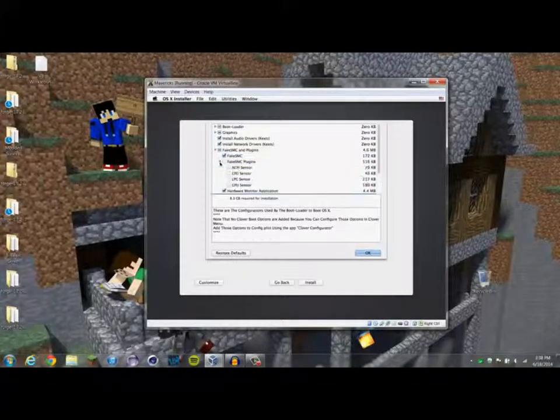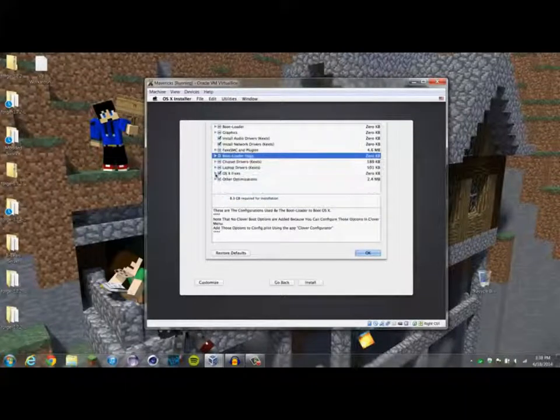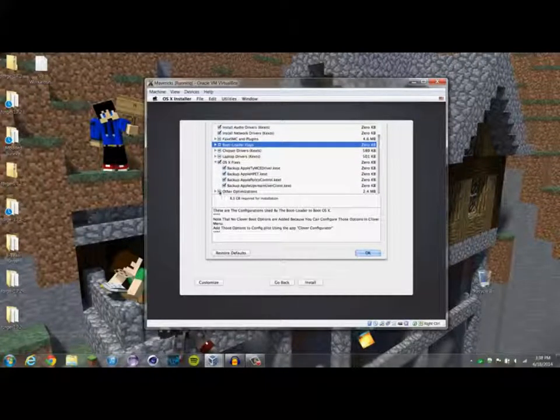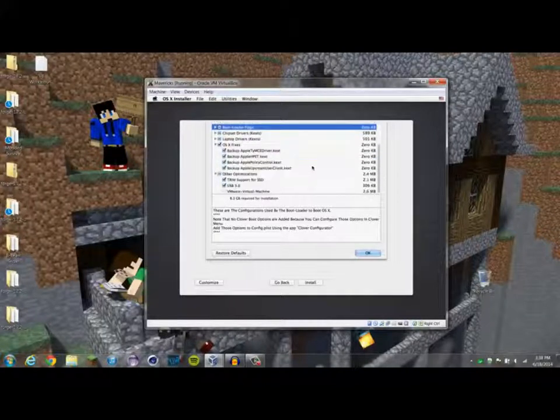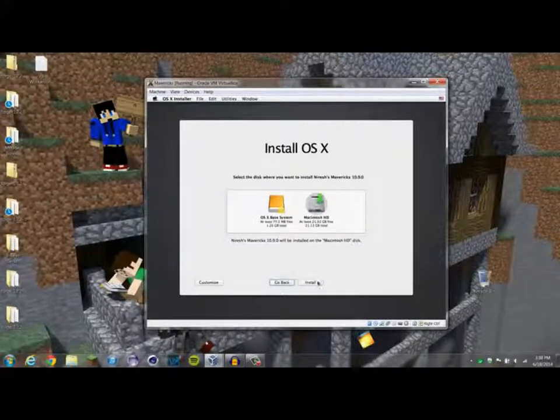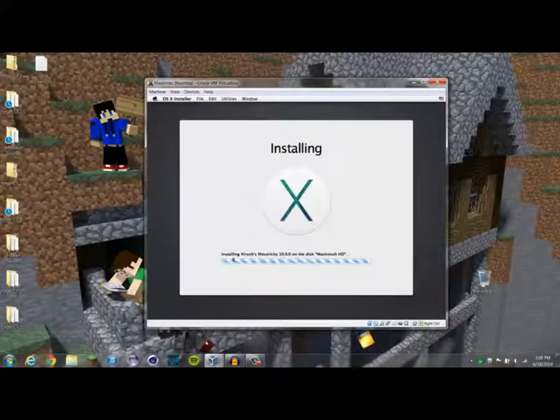What plugins do we have? You don't have to do CPU sensor or GPU sensor. Nah, we don't need that. OS X fixes: Apple TUI, Apple policy, upstream media client. That's fine. Other optimizations: nothing here. So yeah, your best bet is to just go with the regular thing. So we're gonna click that, and we're gonna hit install, and it will then start installing Mac OS X onto your